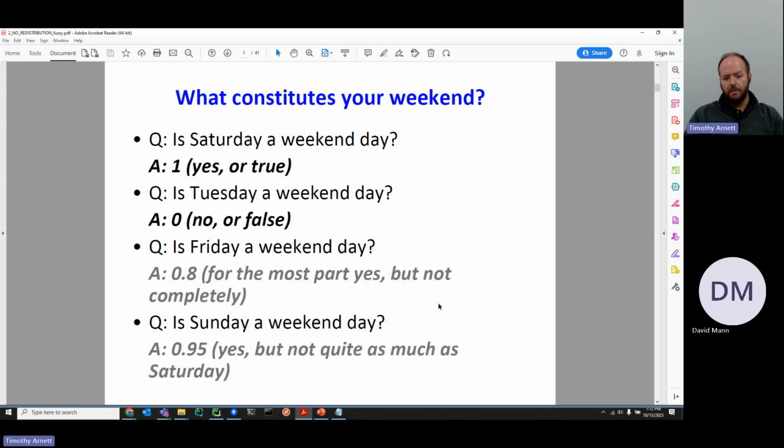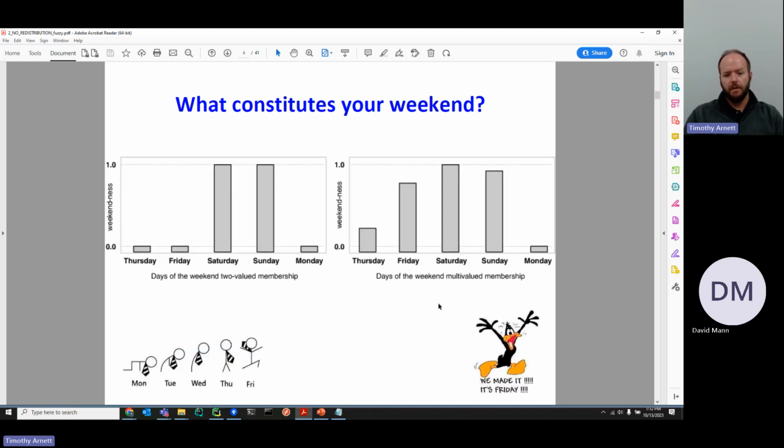So this is just an early example of what fuzzy offers as opposed to classical set theory. This is a visual representation of this, where in classical logic, you can only represent weekendness as 0 or 1. We see that Thursday and Friday are not technically weekend days, so we just say no, they're not in the weekend set at all. They're just 0. And Saturday and Sunday are the only 2 that are weekend days, and they have full membership. And then we see Monday again back down to 0. Well, that doesn't fully encapsulate the information.